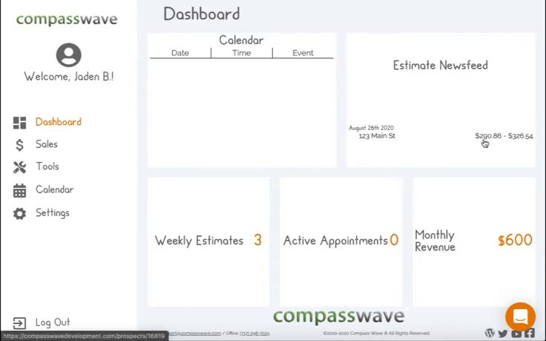that we have an estimate from August 26th, 123 Main Street, and this is the estimate they were given. And notice it's a range. It's from $290.86 to $326.54. Now this was calculated. These aren't random numbers. Note that the range that we originally got was this 290. That's the estimate. Right? However, this 326, we told it